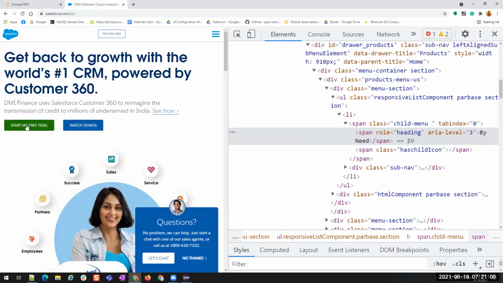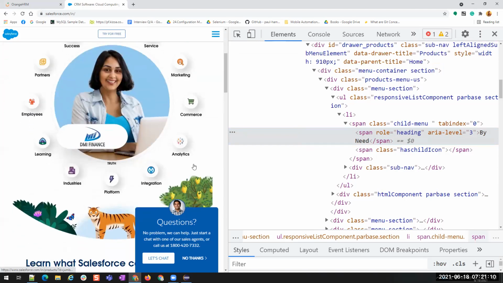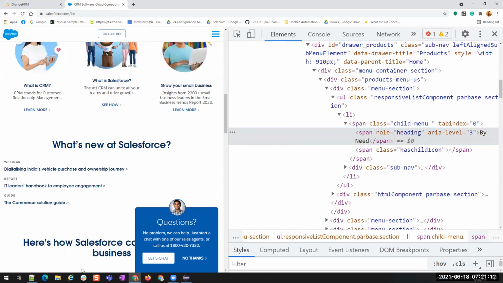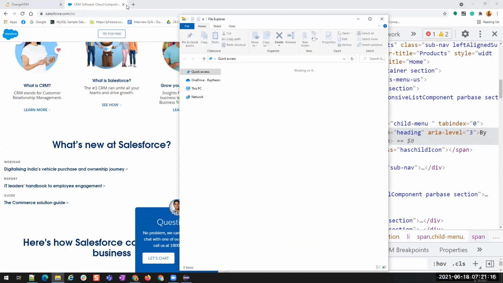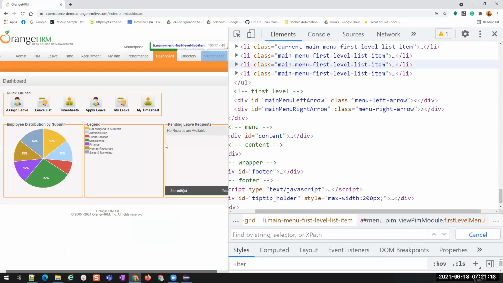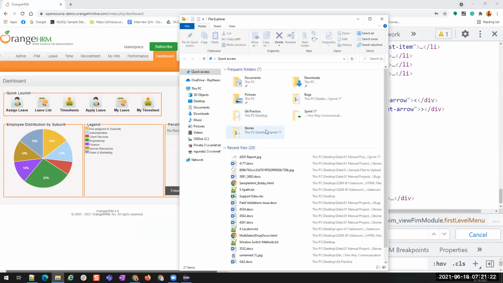So I can use this as an example, okay? Or, I'll do one thing. I can use our own HTML file. Instead of searching for it, I can update it and I'll show you that as an example.